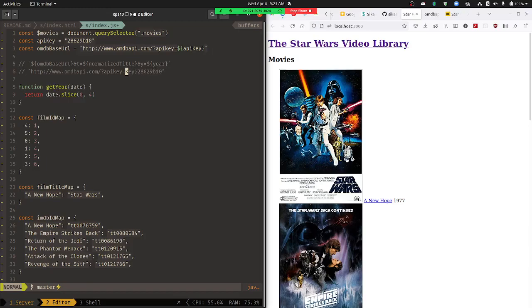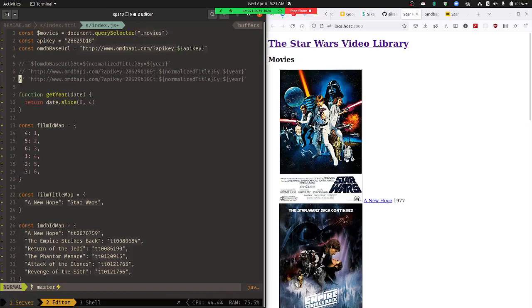That becomes the API key. Okay, so that is the OMDB base URL part, and then the rest of this gets tacked on to the end. So then if we're further simplifying that,